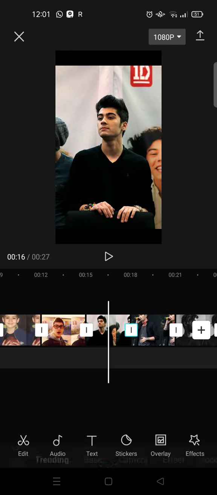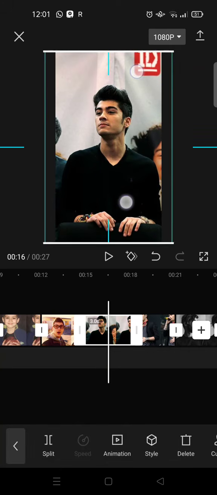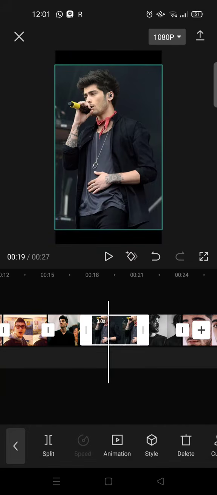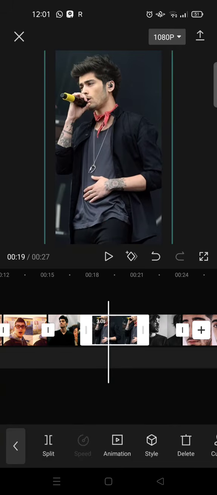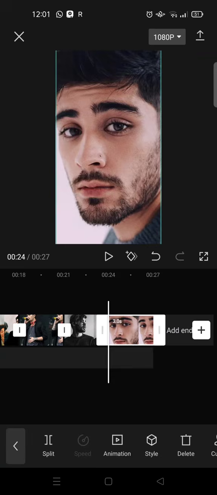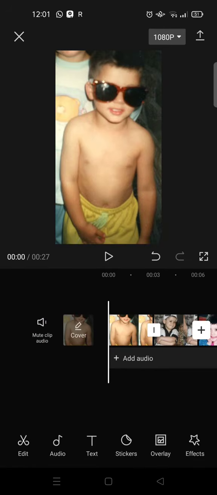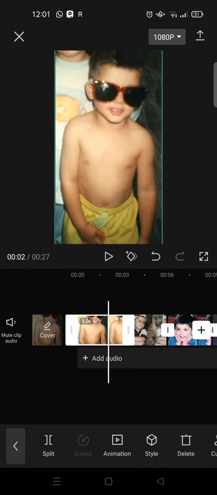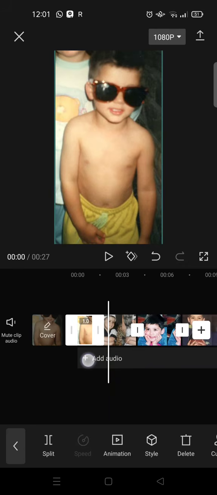Okay, I'm going to go all of them like this, and then after that set the duration of each photos into